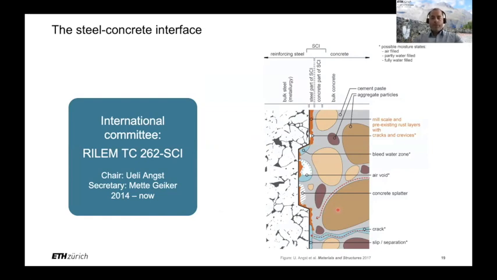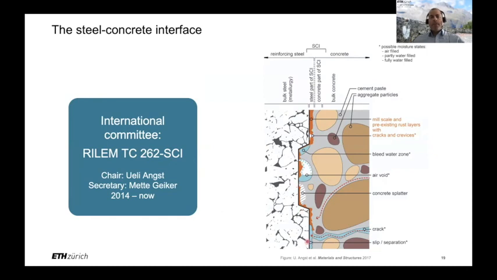and I would like to show you a couple of results that emerged from the work of a Rilem technical committee, which is Technical Committee 262 SCI, and SCI here stands for steel-concrete interface. In that committee, we systematically looked at the steel-concrete interface and all the different heterogeneities that can occur at this